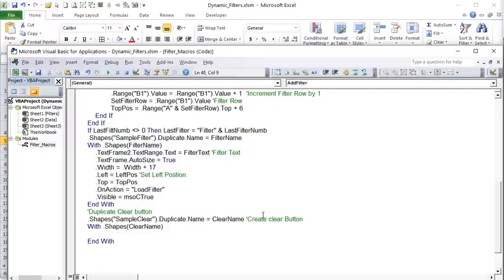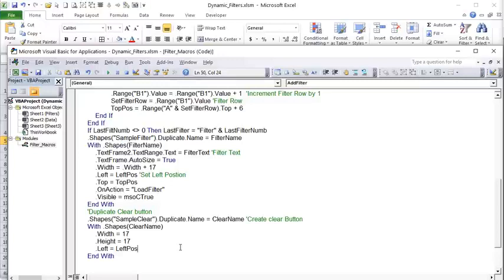What are we going to do with that? I'm going to set a specific width and a specific height just to make sure, even though it should be correct already. Dot width equals, again, 17. I want to make sure the height is exactly the same, equals 17. So it's going to set the width and the height, and I want to set the left position. The left position is equal to, again, we just focused on the left position, right? It's going to be this left position right here plus the width of this, right? Minus